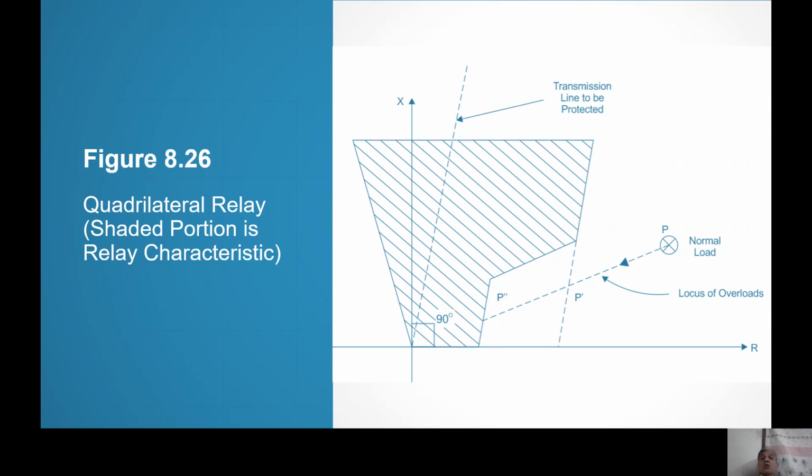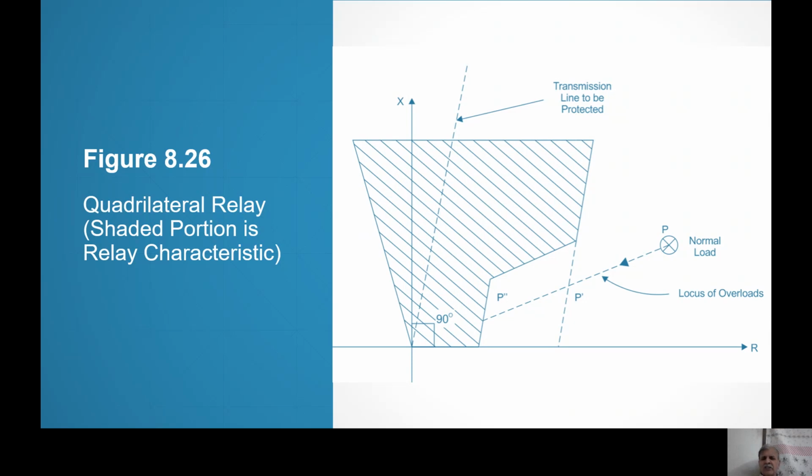But this is not quadrilateral. This is giving a notch. If you see, at one point there is a notch. I don't know why this cursor is not coming fast. I have to move it down here and there. Yes, now it has come. This notch is there. This notch is not possible in static relay. Therefore, this type of relay, quadrilateral relay as it is named,